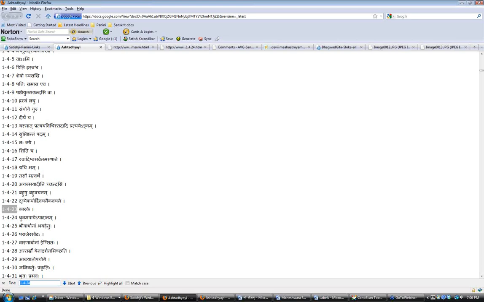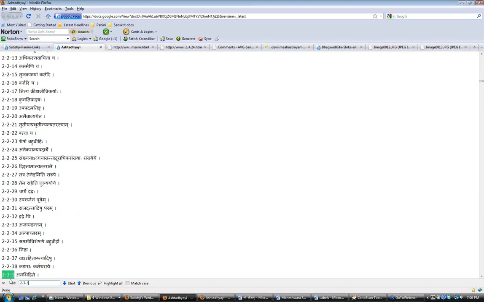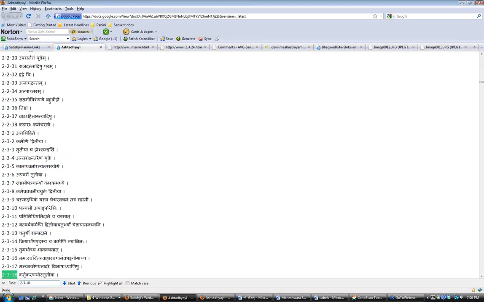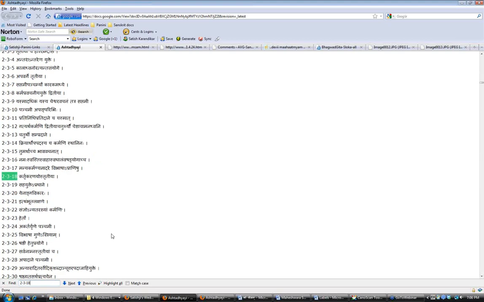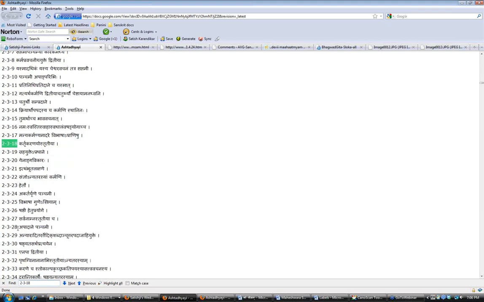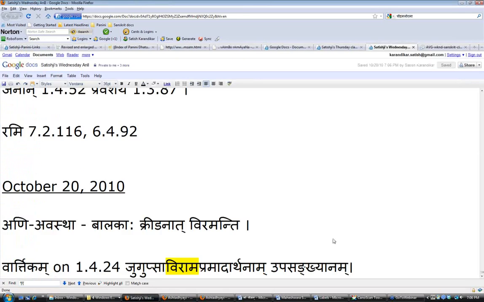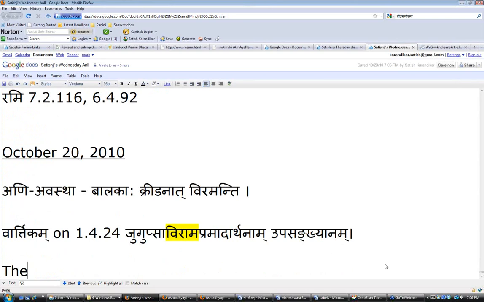So in 2.3, we'll look for this sutram, probably around Tritiya, Panchami, Pang, Paribhi. Somewhere there will be Apadane Panchami, 2.3.28. Then 2.3.28 gives the Panchami Vibhakti.